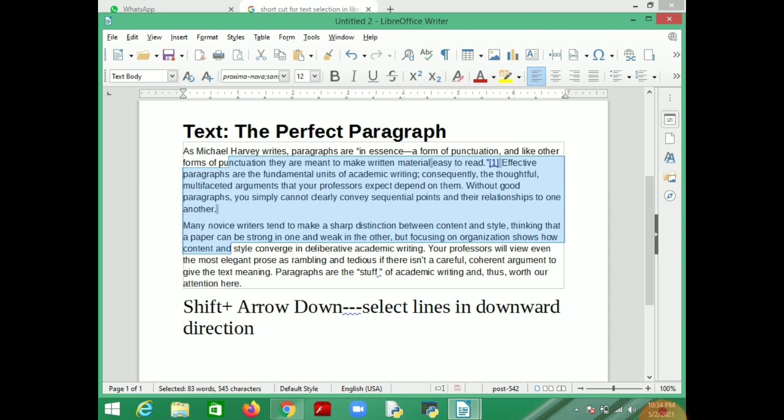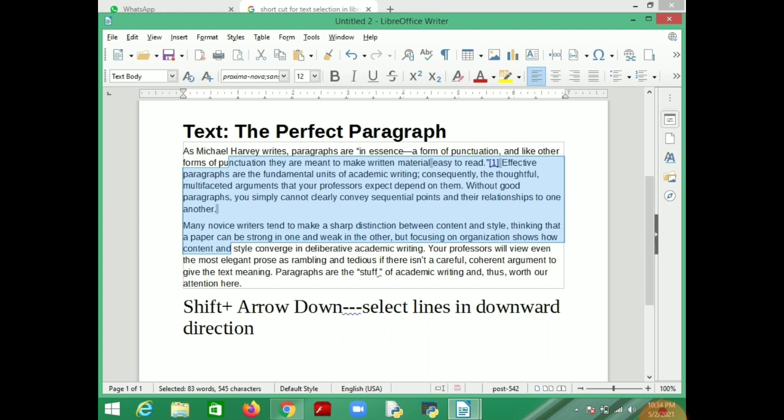For top to down, use Shift plus the down arrow. So you have to keep pressing Shift continuously and then the down arrow. Until you release the down arrow, it will select all the text.